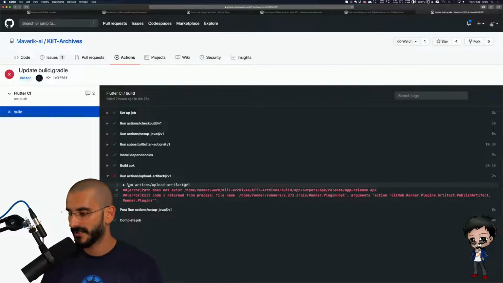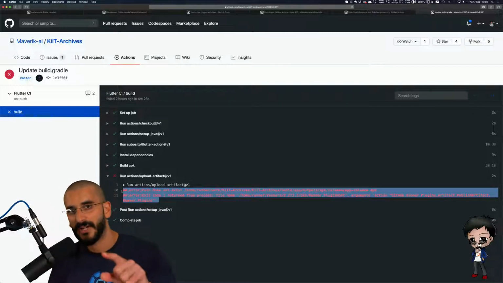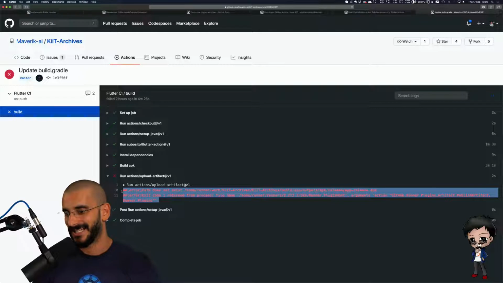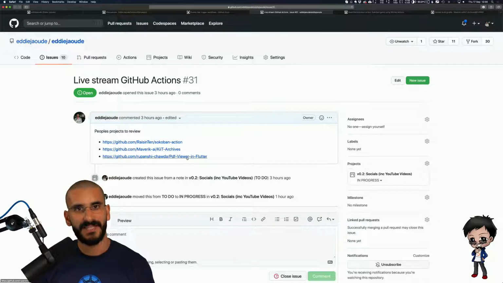Oh, so who wants to get a green square? Who wants to raise an issue for that? Or shall I do it? If you want to raise an issue for this, write open source in the chat, and you can raise it. Otherwise, I will raise it before we move on to the next GitHub action. I can't remember what it is. Let me have a look. It's this one, PDF Viewer in Flutter. Another Flutter one. Wow, Flutter's getting quite popular.